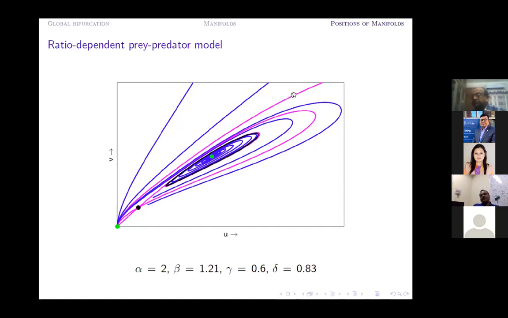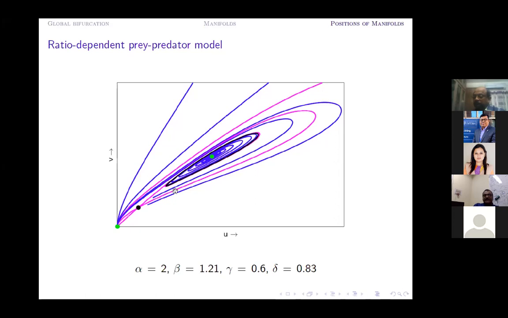If you examine this particular model in detail, you can actually verify this manifold is coming from 1, 0, which has an unstable manifold, which is a saddle point itself. Now, the most interesting point is that in this case, if you calculate the first Lyapunov number, you can find the first Lyapunov number is positive. That means the limit cycle surrounding the equilibrium point is an unstable limit cycle.